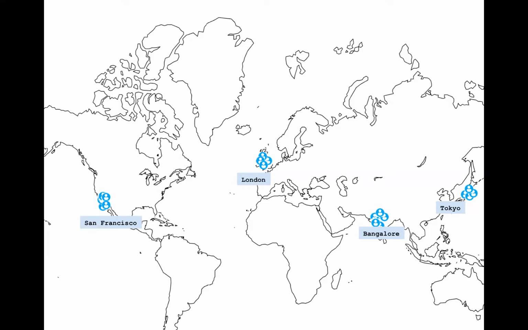What you want to do is, and let's say this gentleman in red is your product owner, or your business analyst who's close to the business. It's very intuitive to form teams that are co-located by the cities here. So do the intuitive thing: create teams in San Francisco, create teams in London, create teams in Bangalore, create teams in Tokyo.